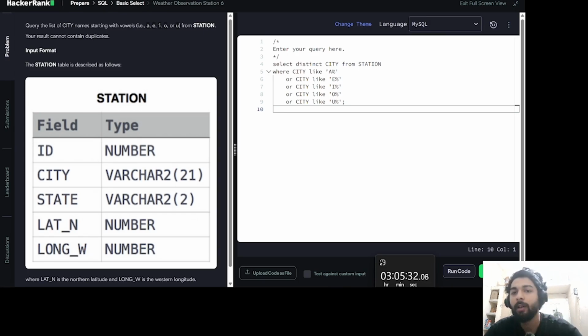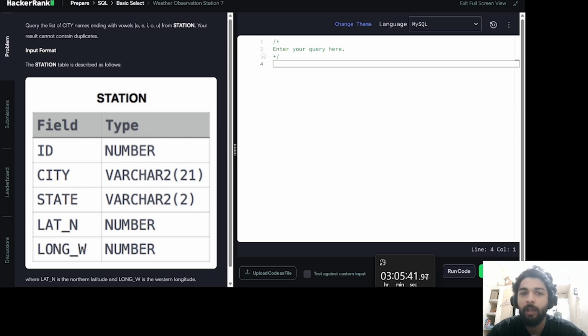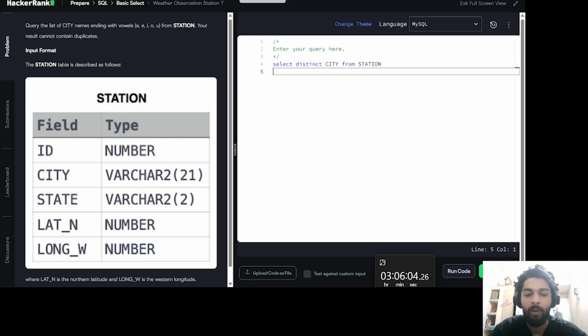So in here, we wanted to know if the city is starting with a vowel. But with this question, it should be ending with a vowel. So it's quite similar. We have to find the city. So we'll say select distinct city from station where city